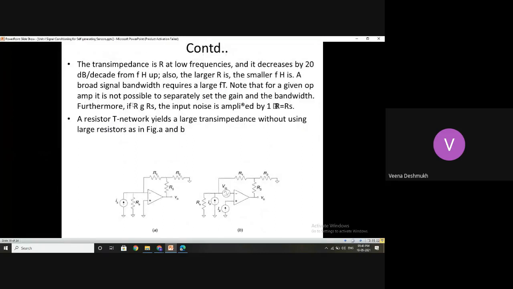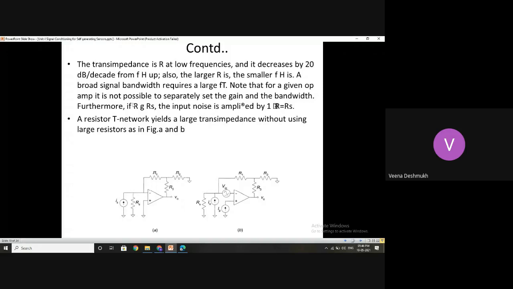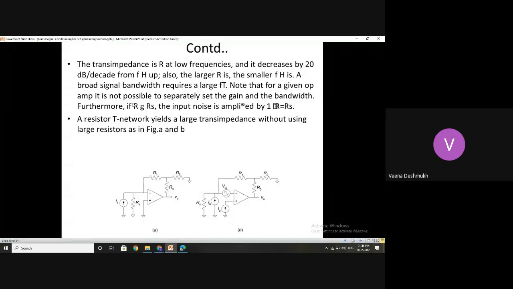So the trans impedance, if capacitors are not connected or if the capacitance effects are minimum, that can happen only at low frequencies. Because at low frequencies, the trans impedance becomes very, very negligible. So the entire input impedance becomes resistive. And as the frequency increases, this trans impedance also goes on increasing. That's why all these are frequency dependent.